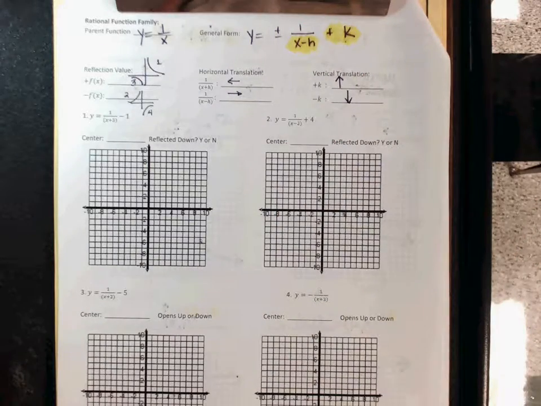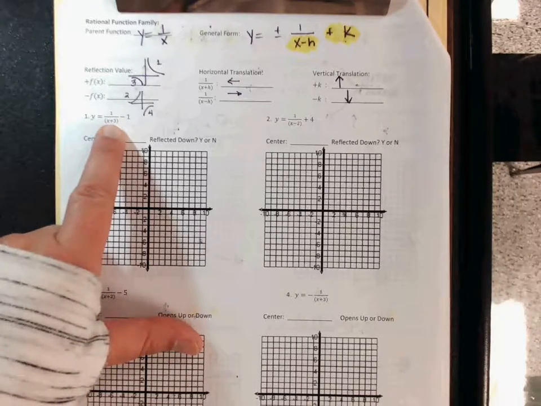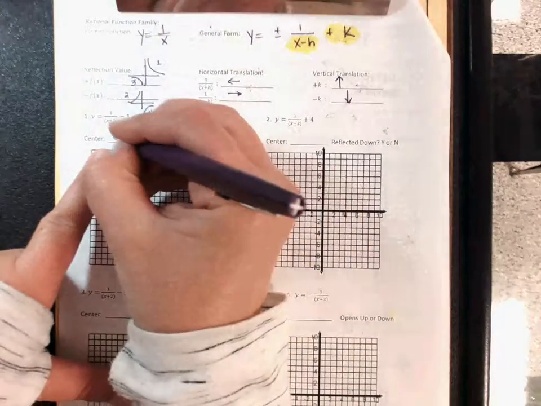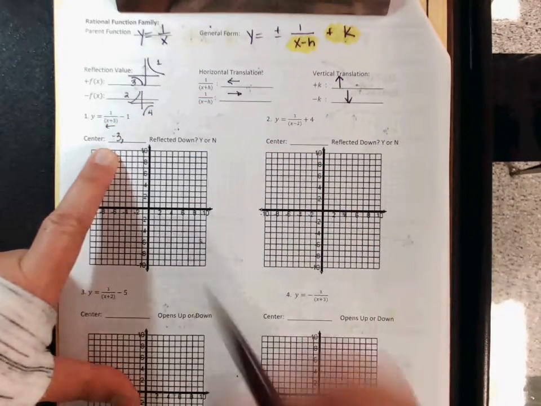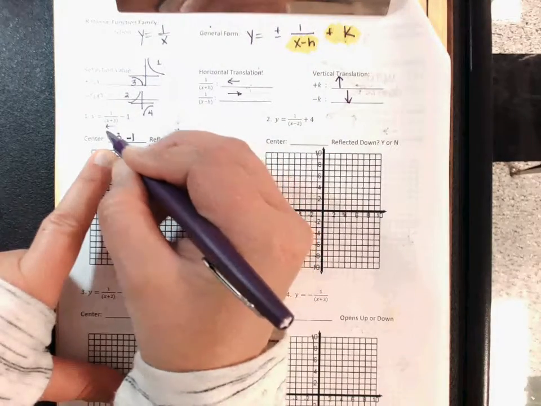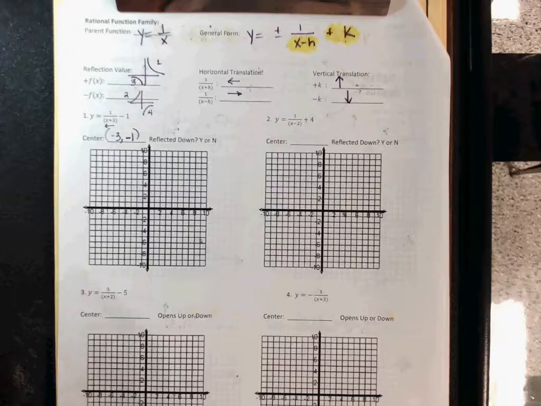Okay, so let's do our first one. We need to find our center. I have a plus 3. Which way am I going, left or right? Left. Okay, to the left 3. And then minus 1 is down 1. Very good. Now what I want you to do is put a dot on that point on your paper. So negative 3, negative 1